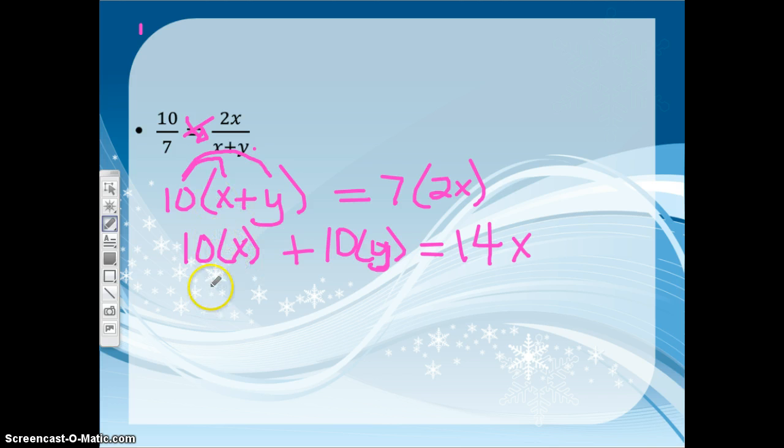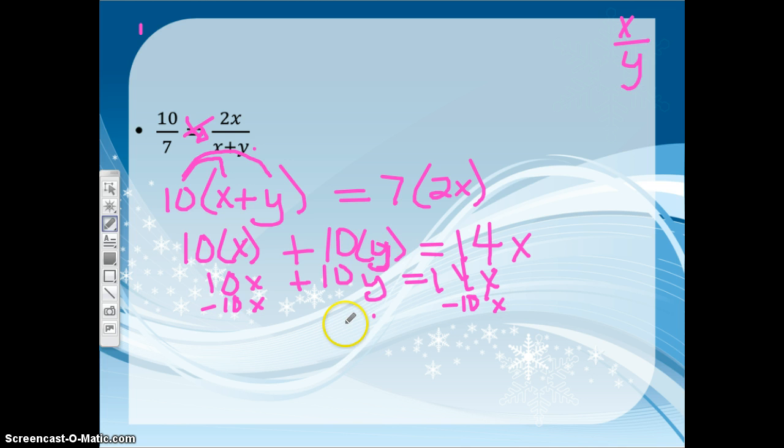Alright, now that we've gotten to this point, we can multiply. We've got 10x plus 10y is equal to 14x. Now remember what our goal is? Our goal is to get the ratio of x to y. First of all, what we'll want to do is get all of our x's together. Let's subtract 10x from this side. If we do it to one side, we have to do it to both, and we'll get 10y is equal to